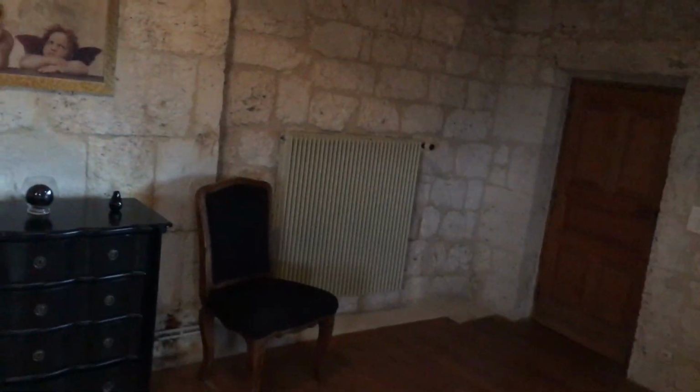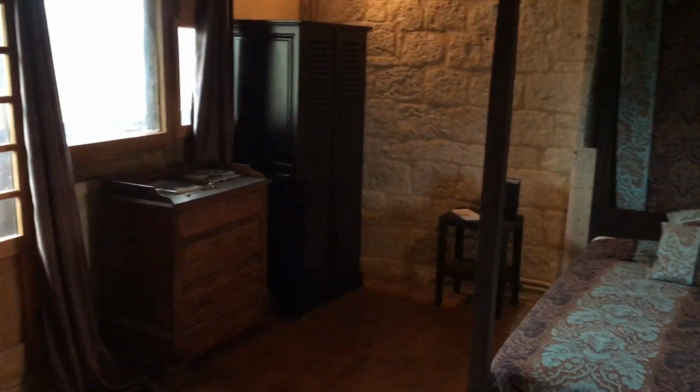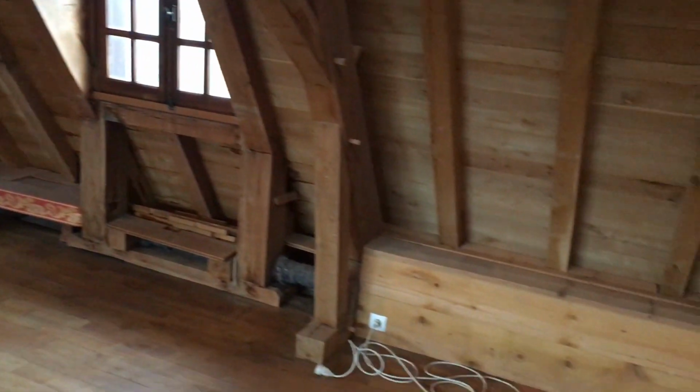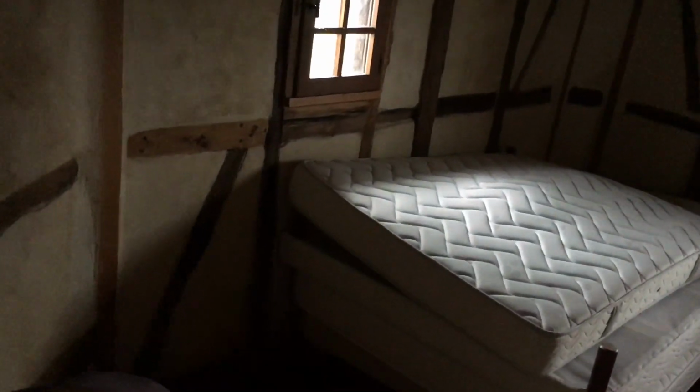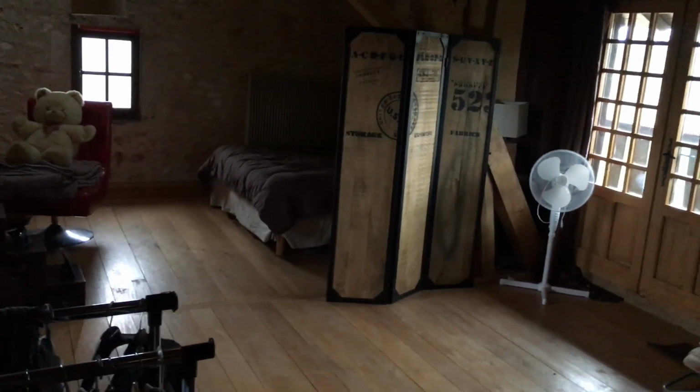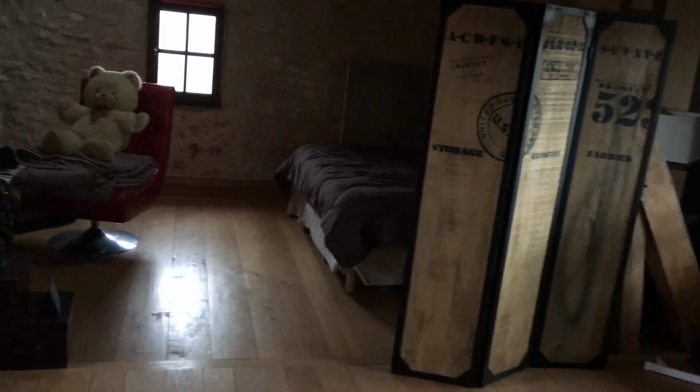And there's oil-fired central heating here. And let me take you through to the other rooms. So both the rooms up here are connected. So this is a little area just for storage, although this could be bedroom 7 if you wanted it. Bedroom 6 is through here. Again, this is primarily used for storage, but you can see that there's plenty of room for